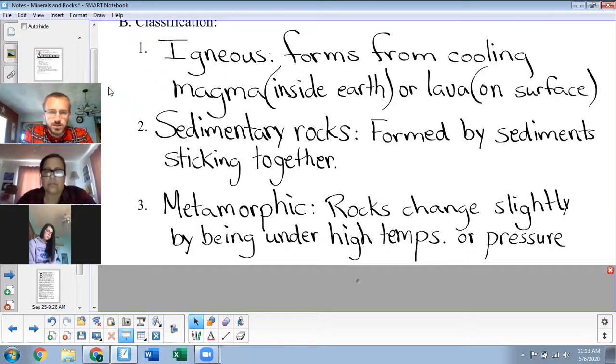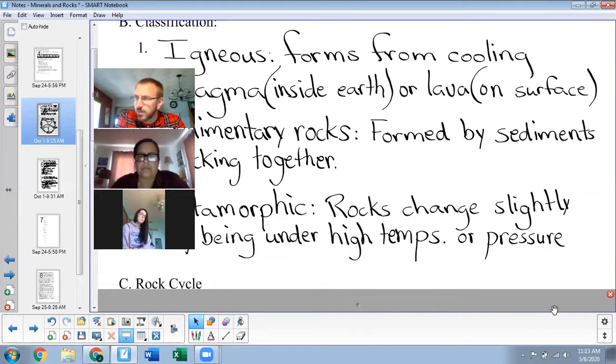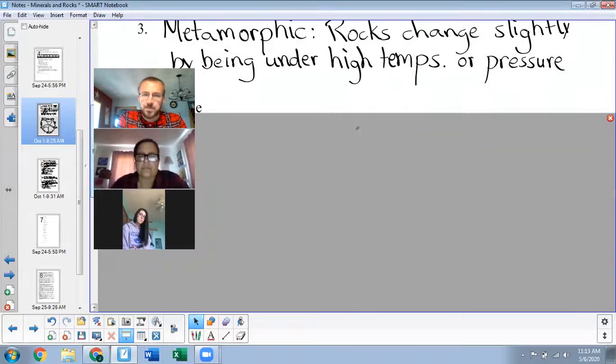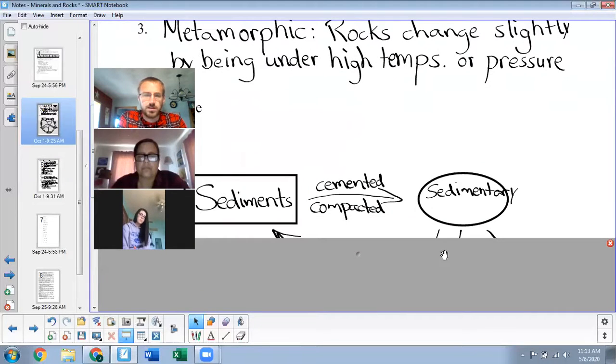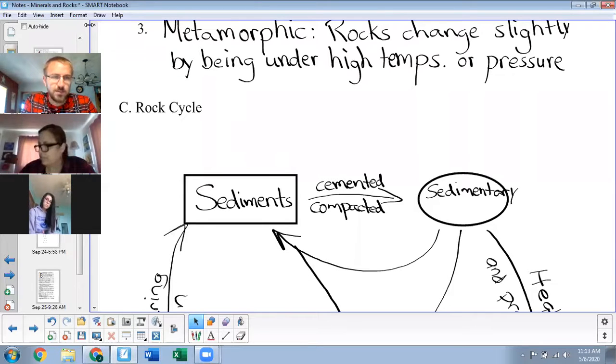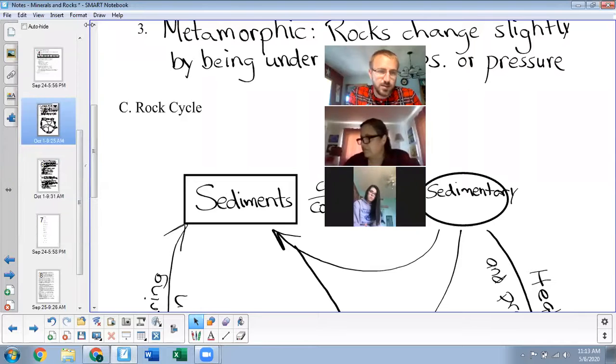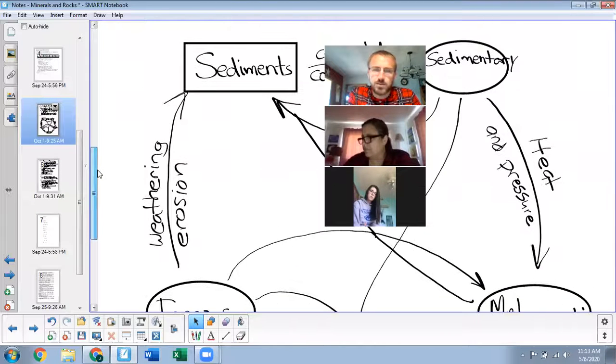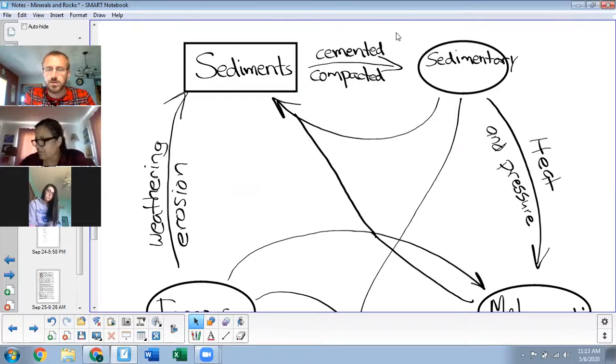Okay. So that brings us to a little diagram. So we call this the rock cycle, and we've got a couple worksheets that we'll do next week that kind of go along with this. I guess I should just get rid of this at this point. Okay, so I guess we'll do the top part here. You see we've got some different boxes and arrows that we're going to be connecting. We're going to be labeling some different things. So I'll give you a moment to